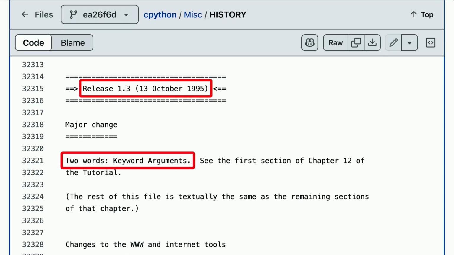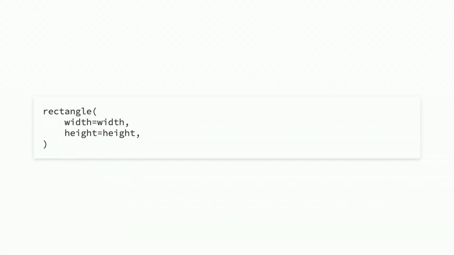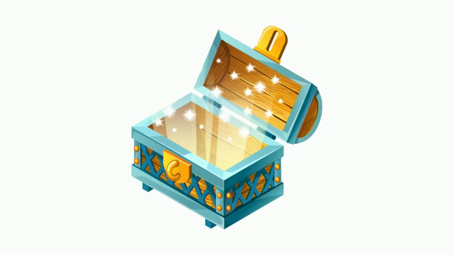But in 1995, Python 1.3 did the beautiful thing of adding keyword arguments. You can see here, 2 words, major change. And this lets us choose what argument we wish to fill, and thus lets us solve these issues and do away with builders and function overloading. Meaning that not only are our functions self-documenting by having these constant arguments labeled, which is amazing, but now our argument ordering is redundant. And this might not seem like much, but this little change of always using keyword arguments leads to so many benefits and prevention of errors.